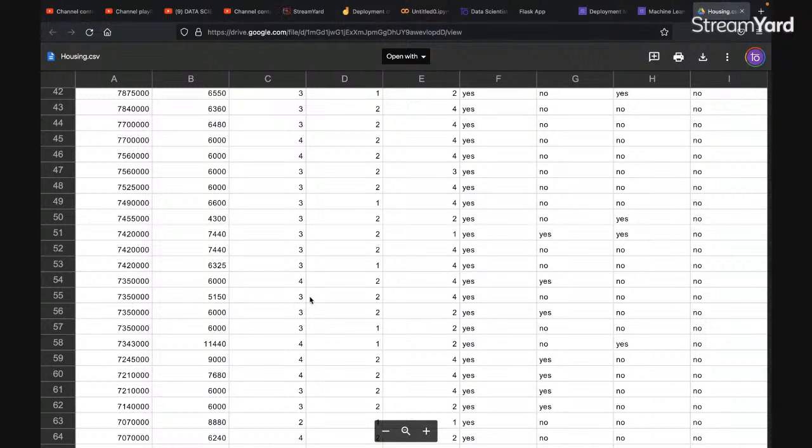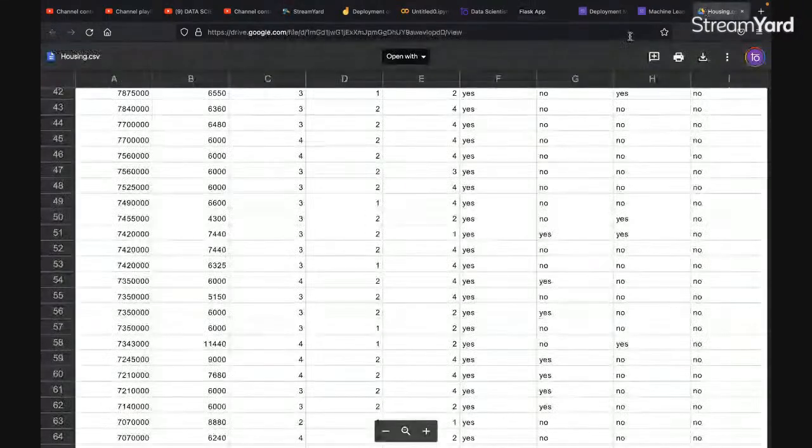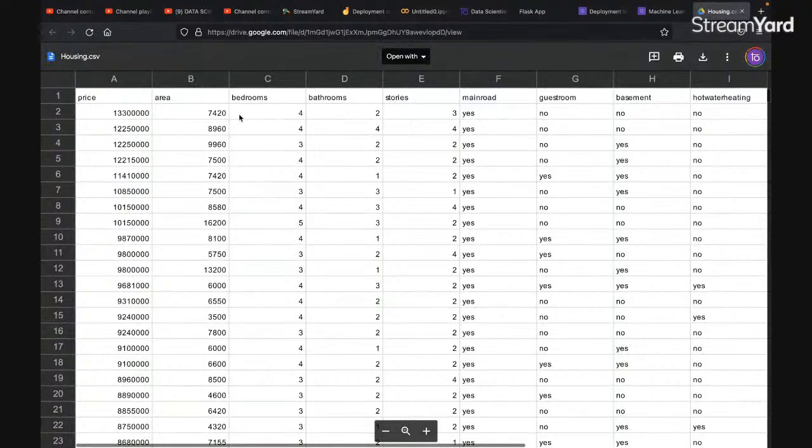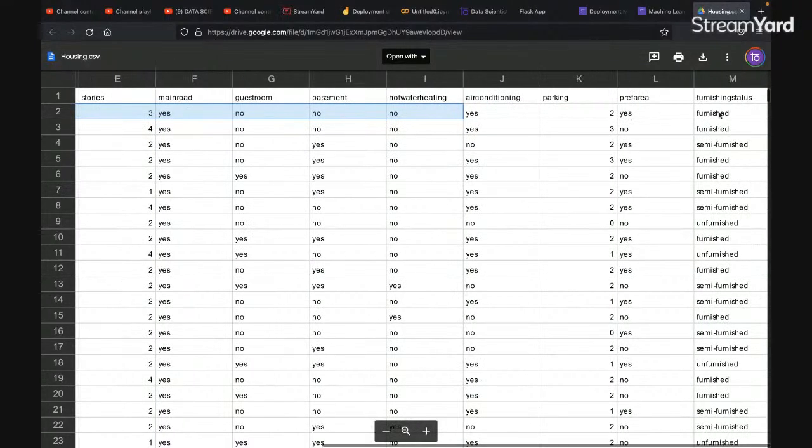Take your model and start it in your development server. Then you can create a website like we have done yesterday. The user will come over here. We have assigned only a text box. So what I want you all to do over here is, in the area it will take a text box, and for bedrooms, bathrooms, stories, main road, guest room, basement, hot water heating, air conditioning, parking, prefarea and furnishing status,